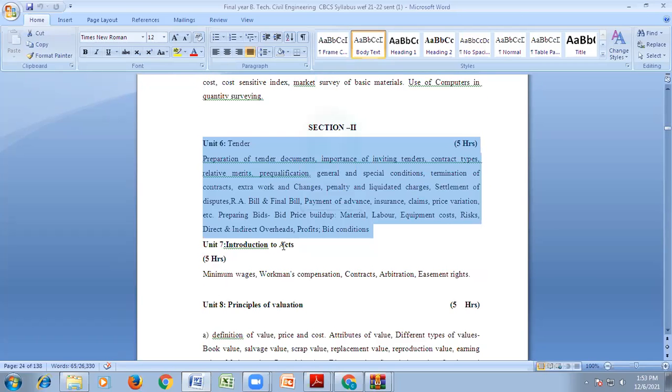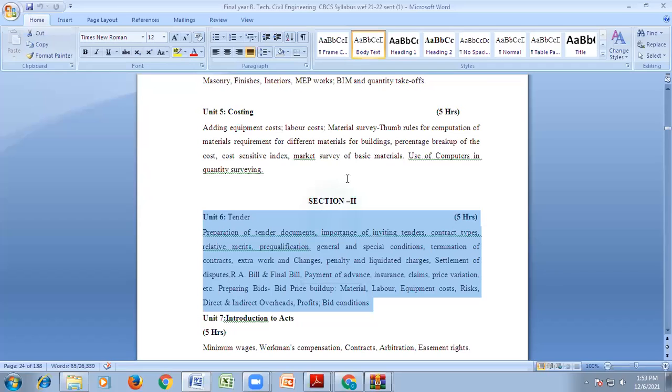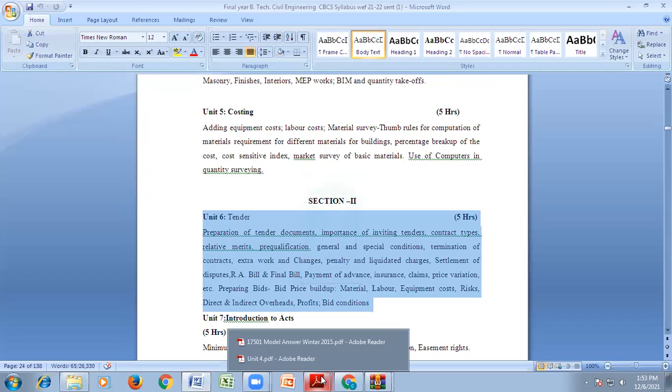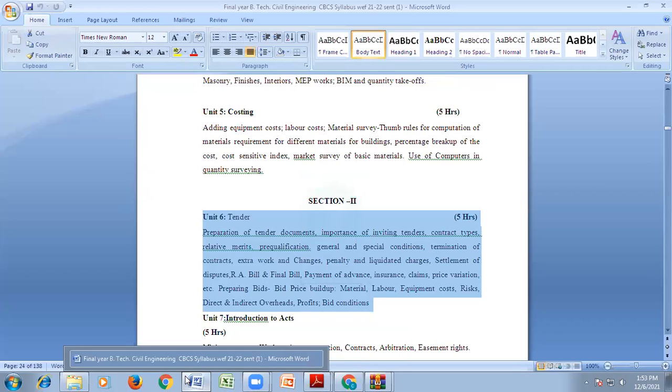Okay, so the very interesting part we are going to start in our section 2, probably from our next session only, because this part will take just 2 hours to finish up. Okay, so let us start with the discussion. I think I have shared the SSR copy with everyone, correct? State Schedule of Rates 2021 I have shared with everyone. Do you have the SSR with you,